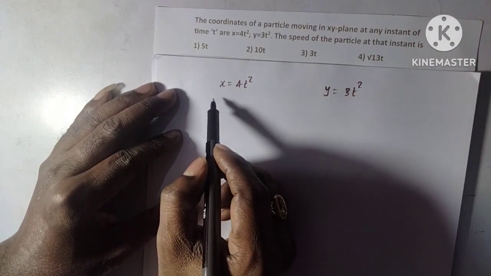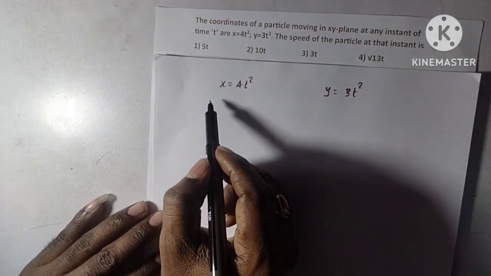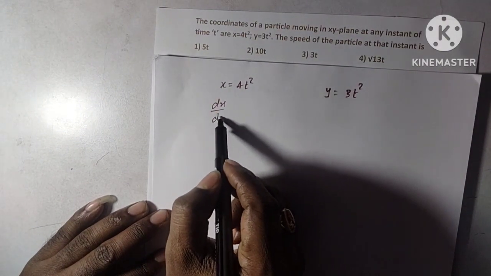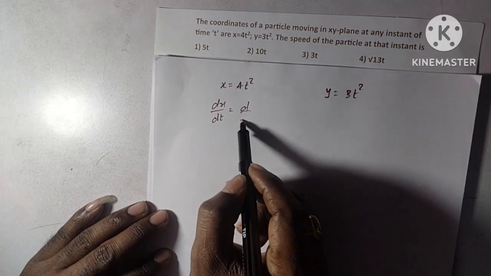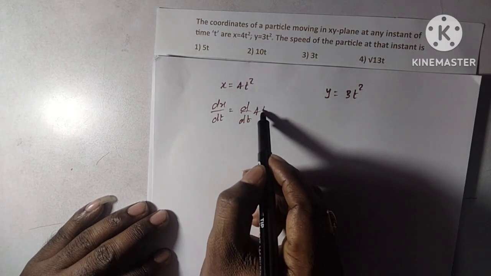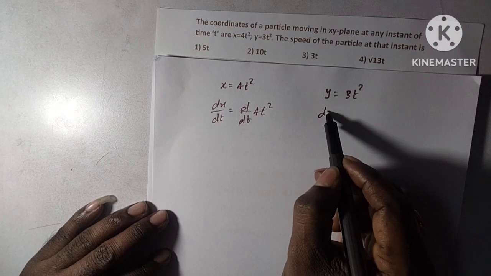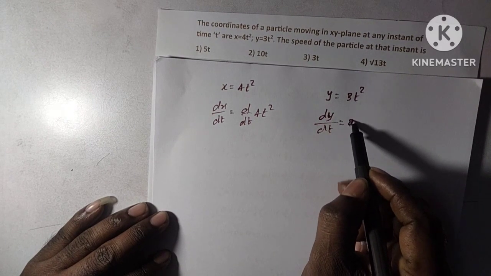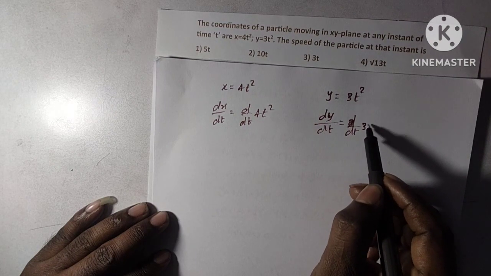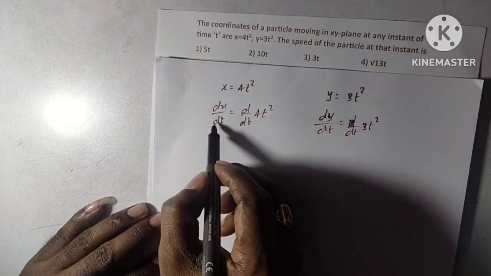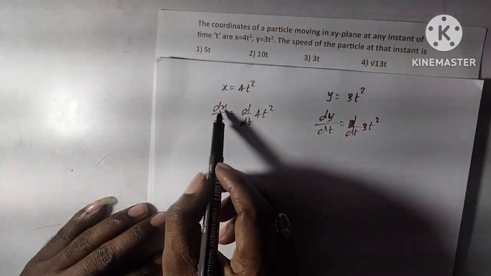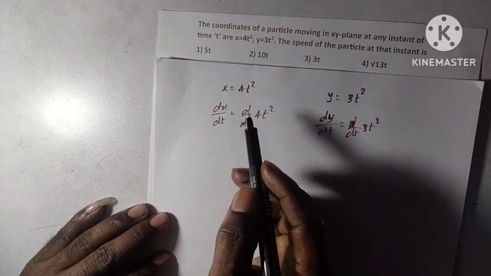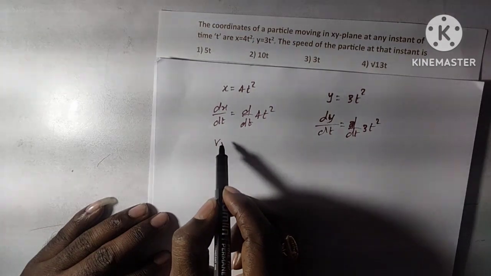So if you are differentiating with respect to t, then dx/dt is equal to d/dt of 4t², and dy/dt is equal to d/dt of 3t². So dx/dt, the change in position with respect to time, is nothing but the rate of change of position, which is called speed,